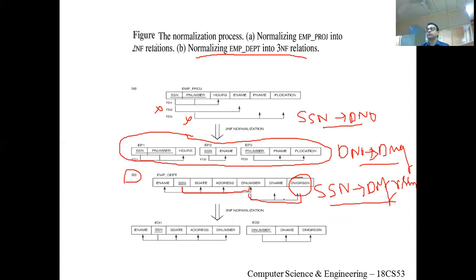We have to decompose the relation, that is EMP_DEPT, into two relations, EMP_DEPT1 and EMP_DEPT2. So we're not losing any functional dependencies here. We have two relations. In ED2, department number is made the primary key. This is guideline one: do not mix the attributes from two entities into a single relation. So we are violating guideline one, and that's why we got this problem. So we are decomposing the relation into two relations. So that's about the third normal form.